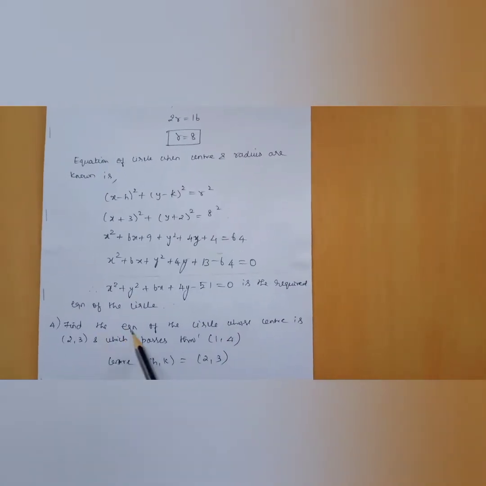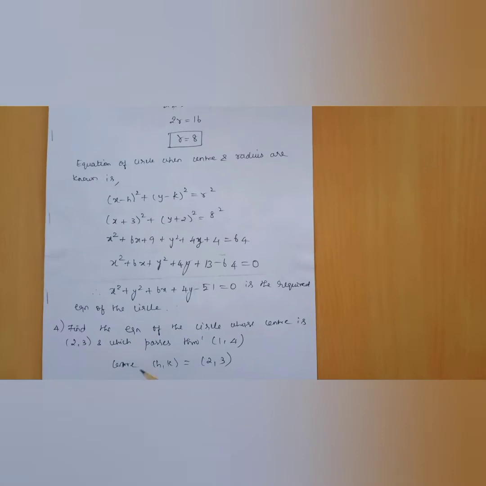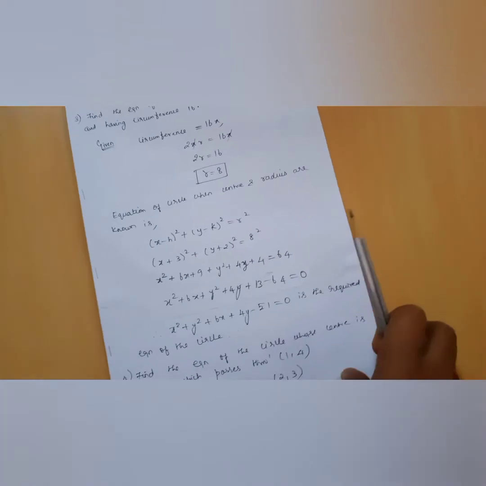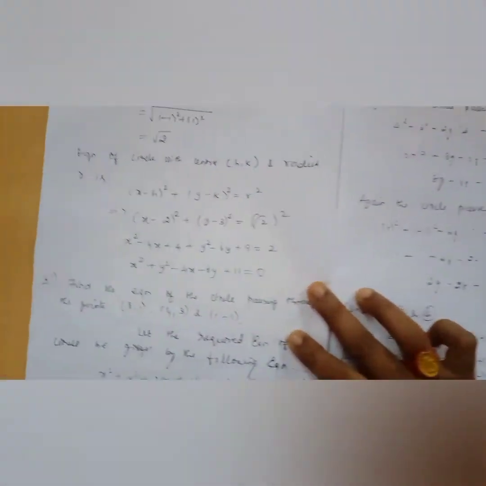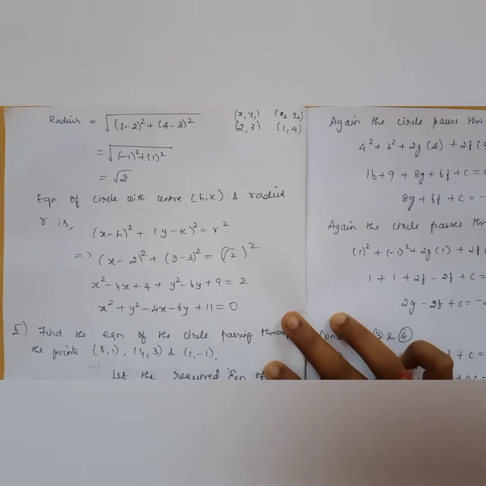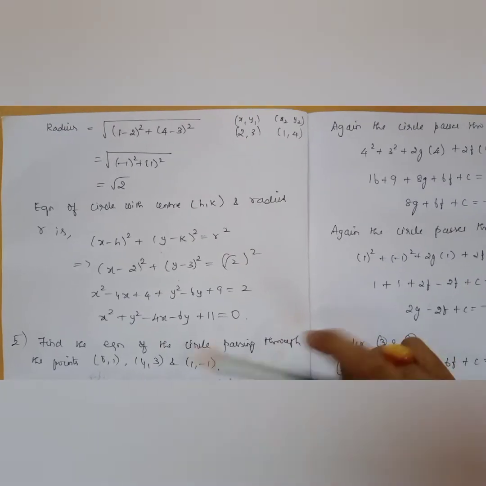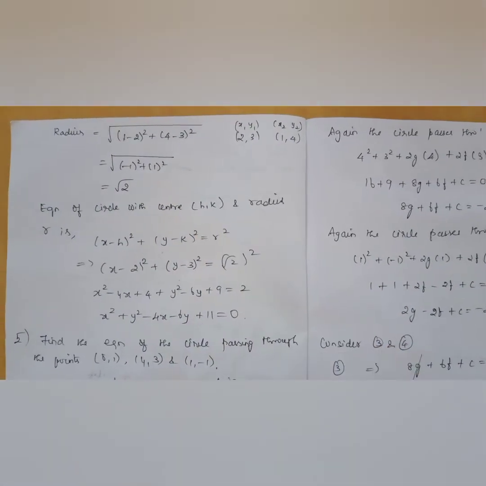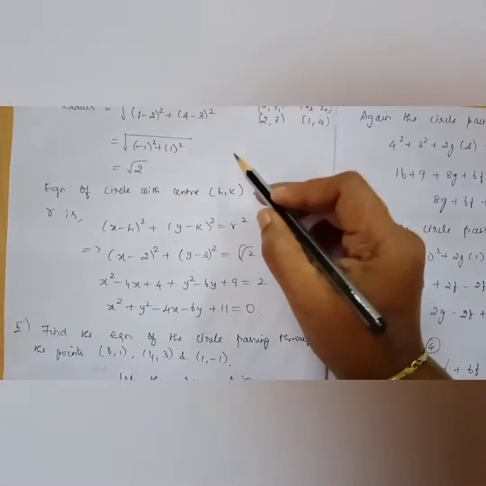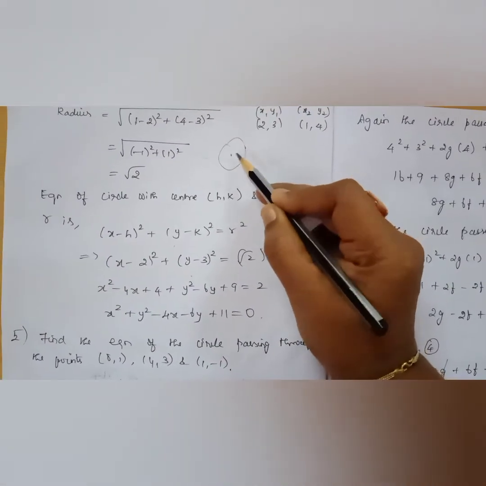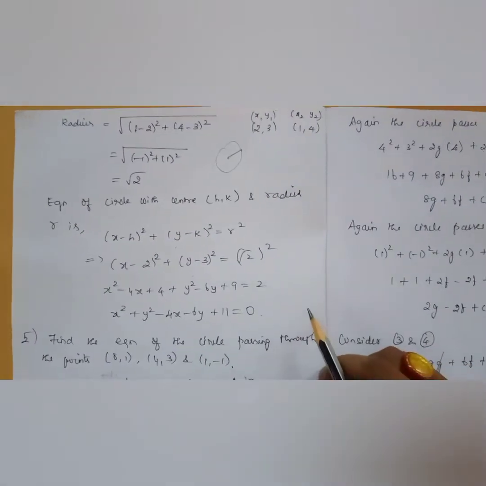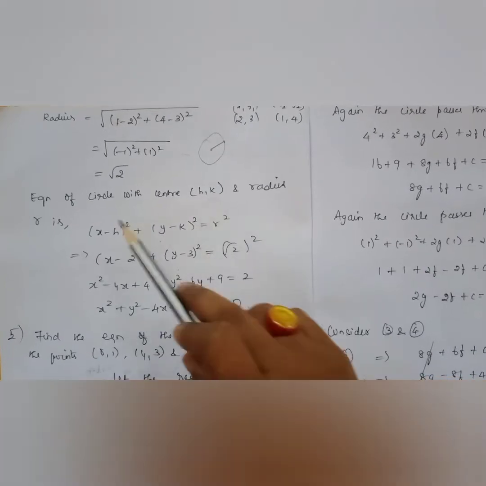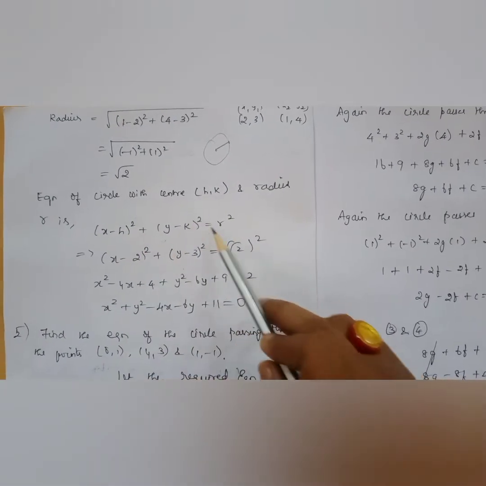Now we will see the fourth sum. Find the equation of a circle whose center is (2, 3) and which passes through (1, 4). So the center (h, k) was given to be (2, 3). Now when the center is given, we will be able to find the radius, right? So the radius is found using the distance formula, because there was one more point. If it is going to be a circle, the distance between the center and any point on the circle will obviously be the radius. So using the distance formula, I find out the radius, and the equation of the circle with center and radius is (x - h)² + (y - k)² = r².